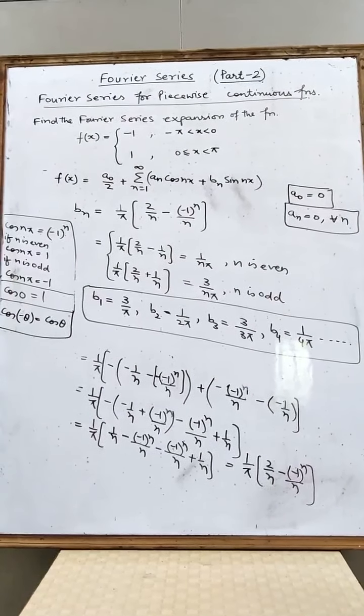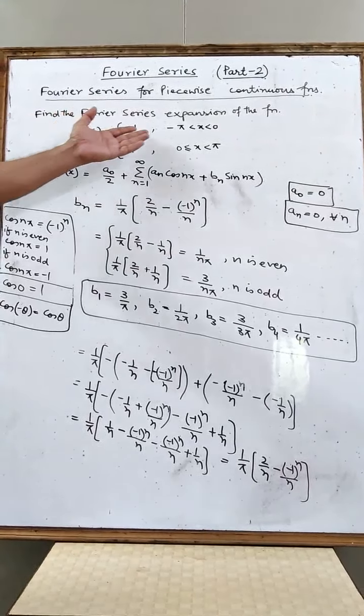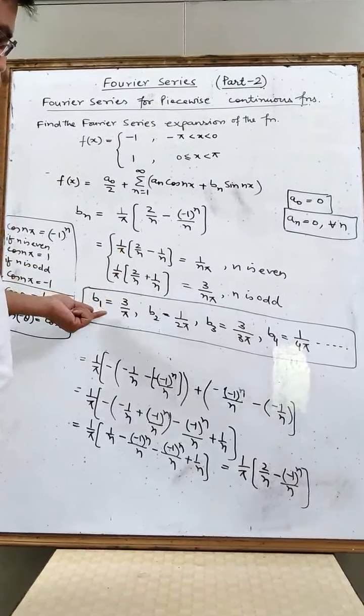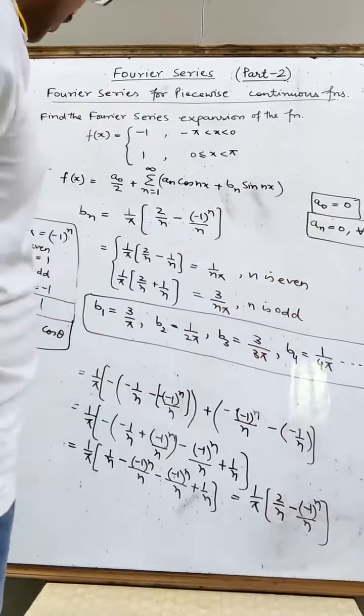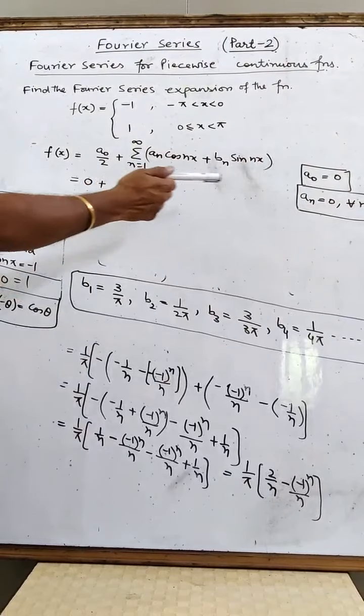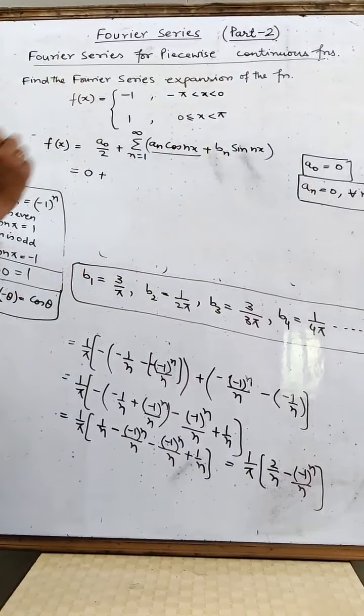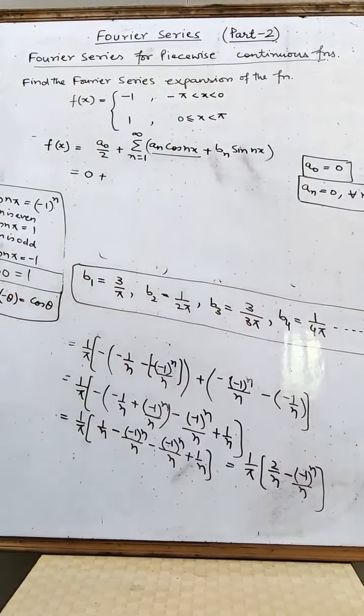So students, for this function f(x), which was a piecewise continuous function, we found a naught, and that is equal to 0. We found an, that is again equal to 0, and we have found bn in this way. So we can write the Fourier series expansion after putting the value of a naught, an and bn. When we put a naught equal to 0, it will become 0. Again, when we put an equal to 0 for all n, this term would become 0. We will be left with only one term, that is summation n equal to 1 to infinity bn sin nx,